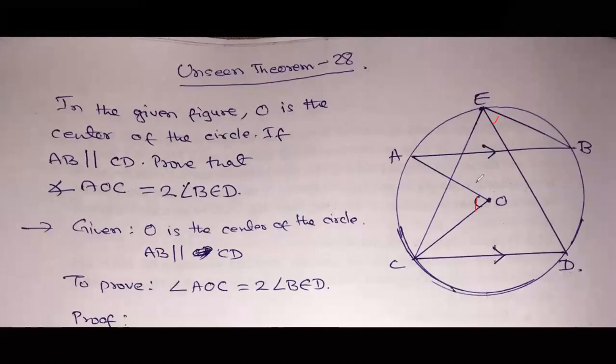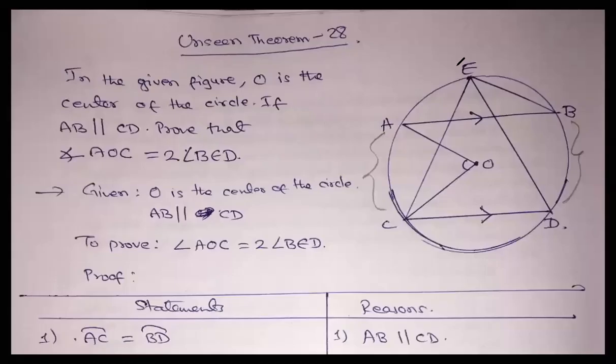That is our question, and we need to prove it. So is there any need of construction? Okay, so let us do it in theorem 1. So in statement 1, let us write it like this: if they are parallel to each other, then this arc and this arc, they are going to be equal, because the gap between them is the same. They are going to be equal. So arc AC and arc BD